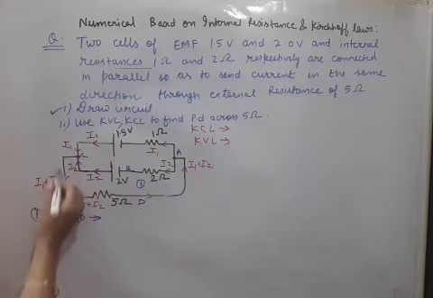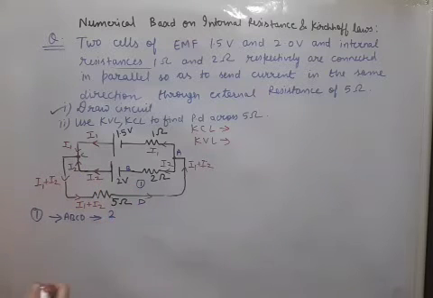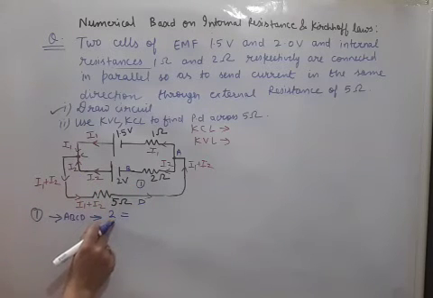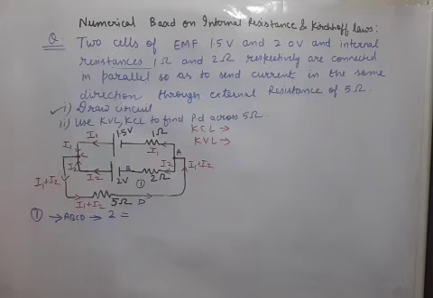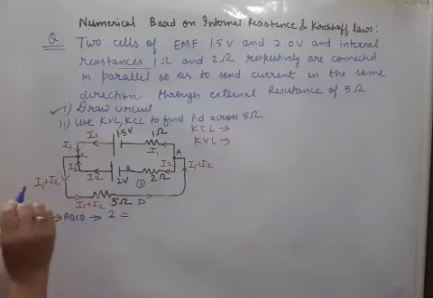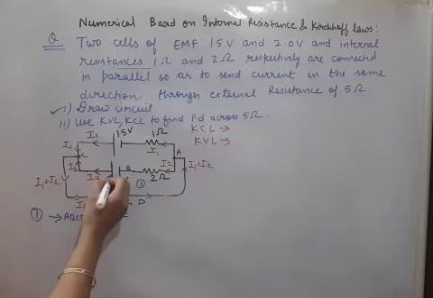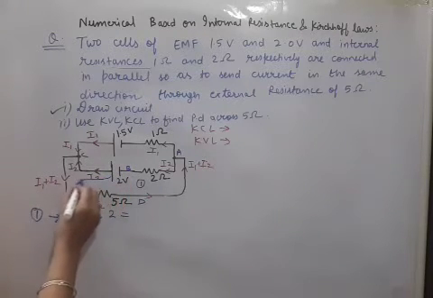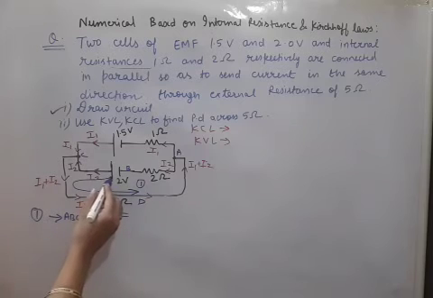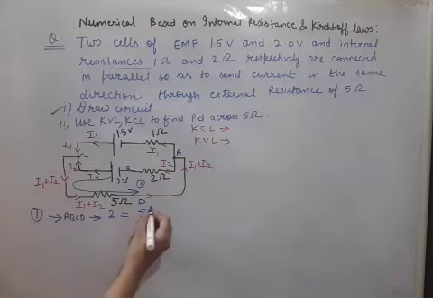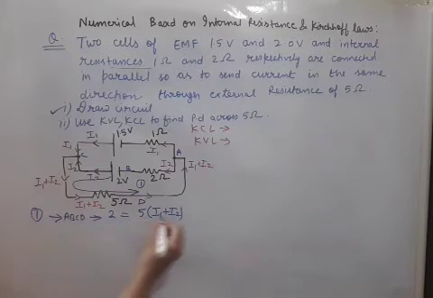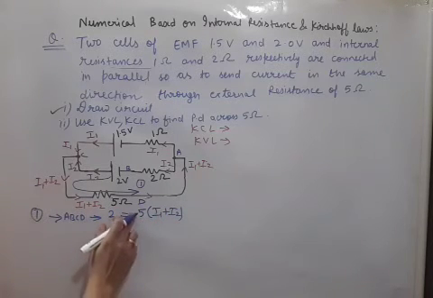So in this loop there is one battery of 2 volt. We will write 2 volt here. And after that we will take all the resistances and we will multiply them with the currents. But we have to take care of the direction of the current. So suppose that positive direction of current which we are drawing, the positive direction of the current is always drawn from the battery's positive. So it is this way. So from this 2 volt, first resistance which is appearing is 5 and its current is I1 plus I2 and it is in the same direction, so positive.